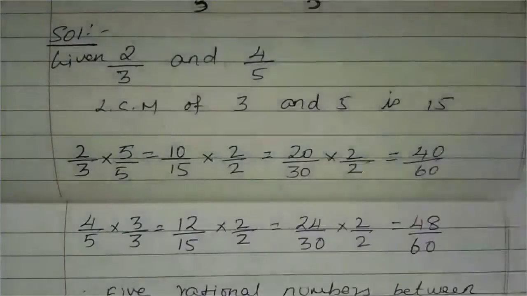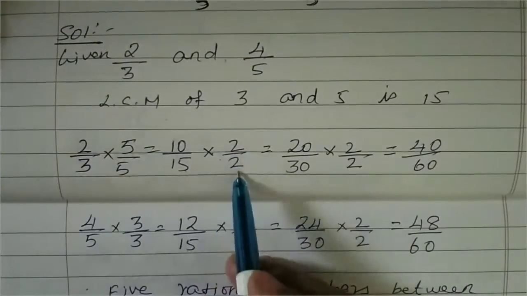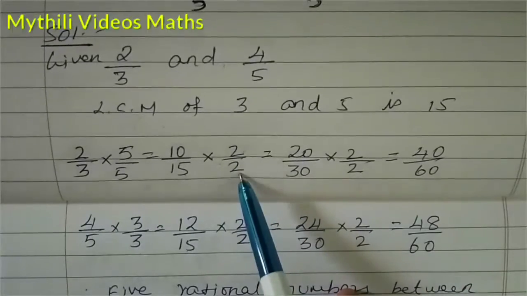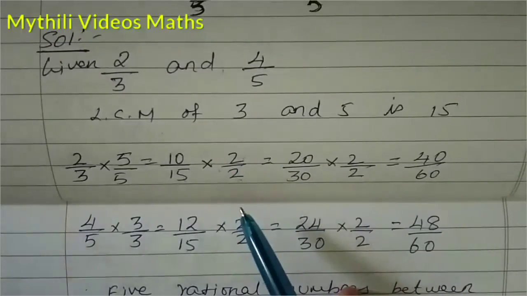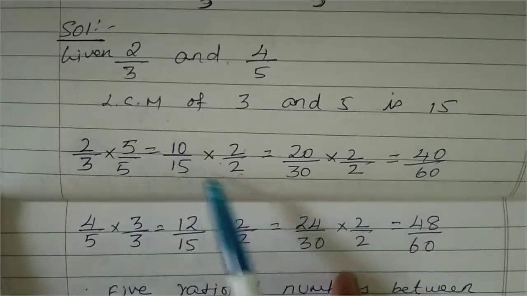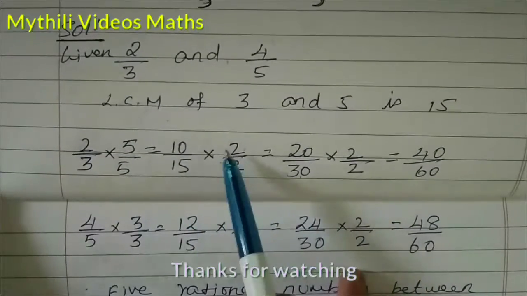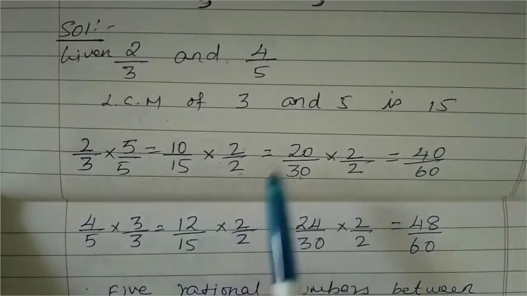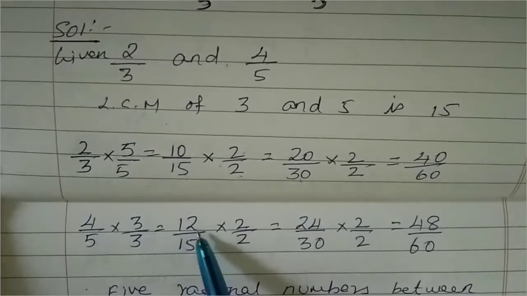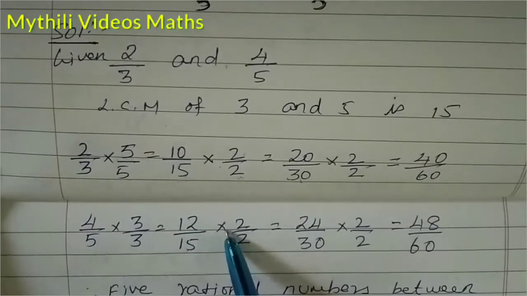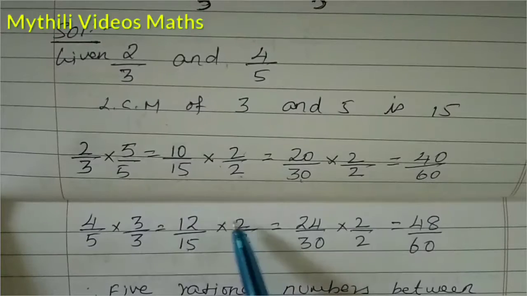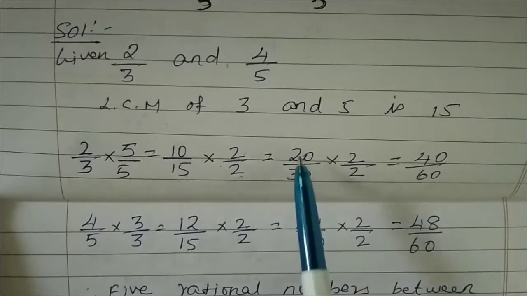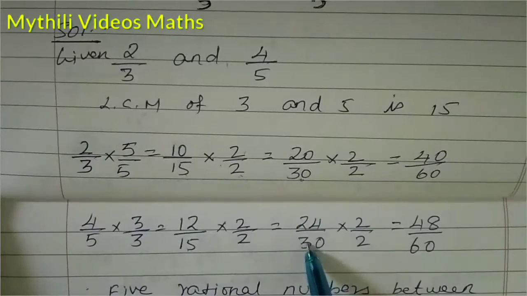So for that what we have to do, again we have to multiply with 2. For all the sums, we have to do like this only, multiply with 2. Take the numerator and also the denominator, 2 by 2. Now 2 15s are 30 and 2 10s are 20. So 20 by 30. Next value, already we had 12 by 15. Now multiply with 2 by 2. 2 12s are 24 and 2 15s are 30. So now 20 by 30 and 24 by 30.